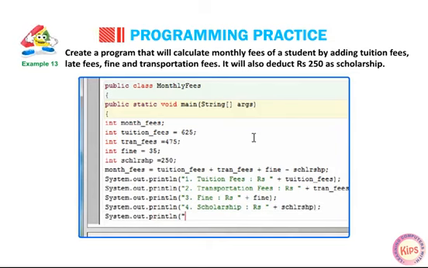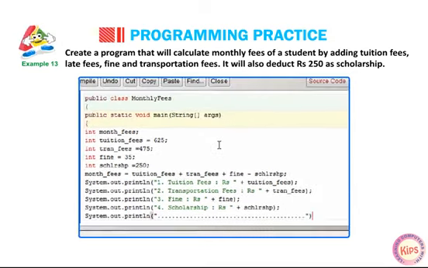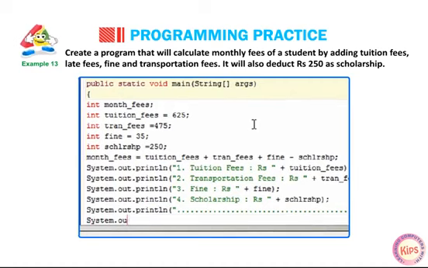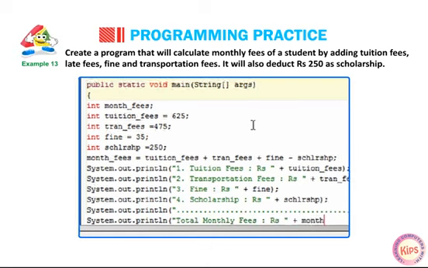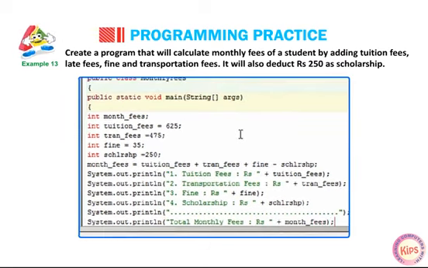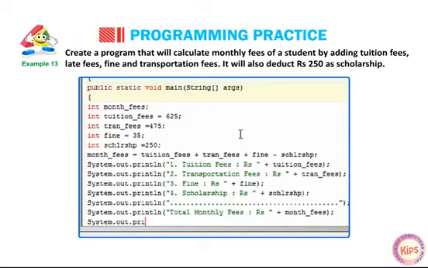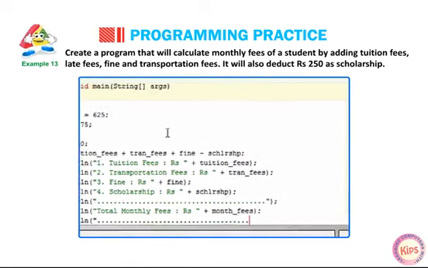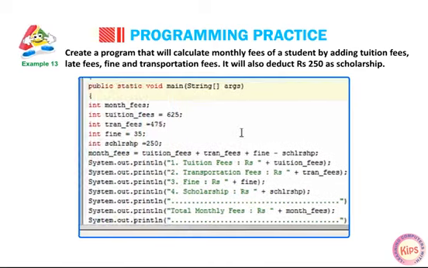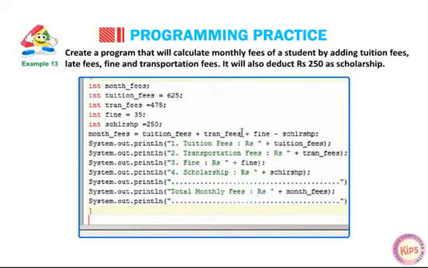System.out.println(""); System.out.println("\nTotal monthly fees: Rupees " + month_fees); System.out.println(""); } }